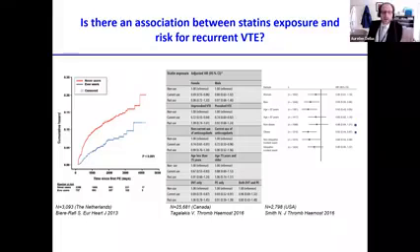And in all different subgroups, she found a consistent association between current use of statins and a lower risk for VTE recurrence: consistently across sex categories, in provoked or unprovoked VTE events, in patients currently on anticoagulation or off of anticoagulation, across different age categories, and also depending on the site of initial thrombosis, there was no difference in the protective effect of statin users.